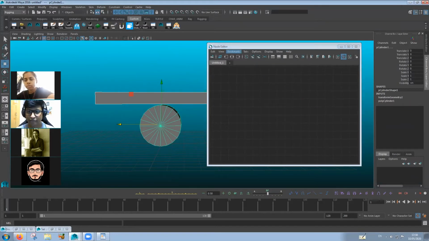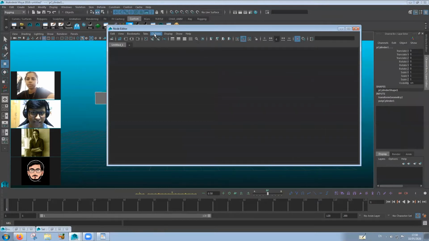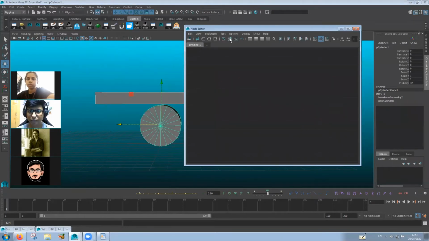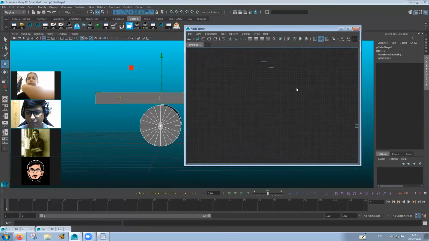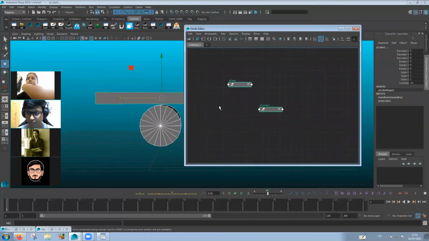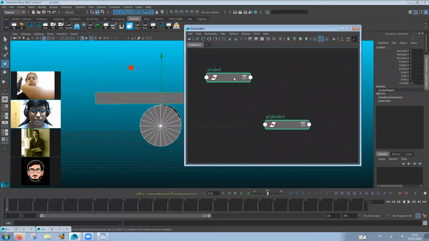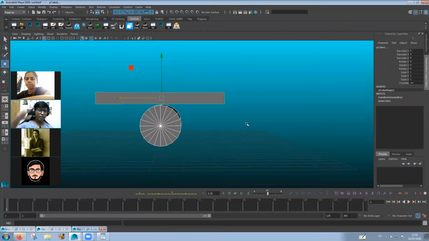There's a plus sign right below the options, and then you'll see that you've gotten this, but this is just the shape node. So what you're going to do is show all. So right now we've got transform node and shape node. For the people who don't know what transform node and shape node are, whenever you create an object in Maya, Maya splits it into two. One will be the transform node and one will be the shape node, right? Let me show you what that is.